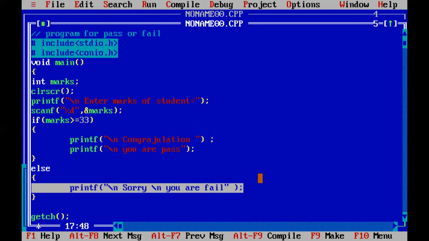For today we have discussed the if statement with the help of an example and the if else statement with the help of an example. Now your assignment is like this. Enter a number to check whether that number is even or odd.